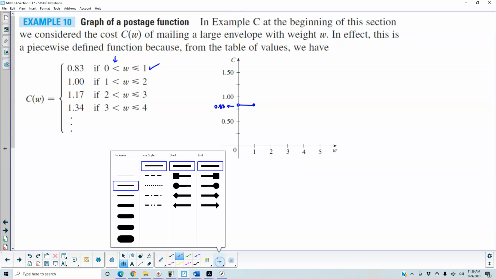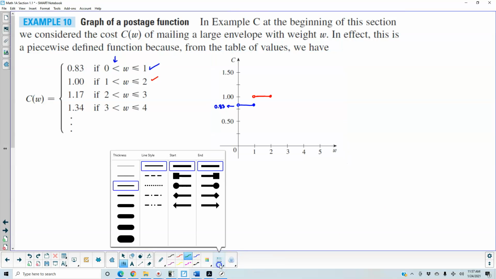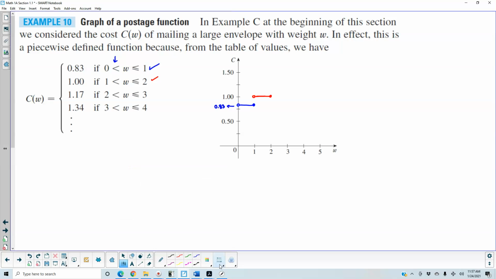So let's take a look at the next one. Now the next one, it's going to be $1. It starts at 1. So at 1, we're going to have an open circle because we can't include the 1, and it's going to go all the way to the value of 2. Next, we're going to go to